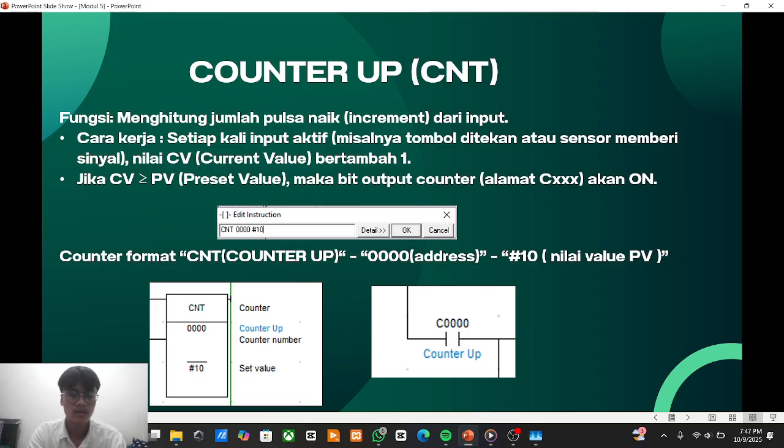When the CV current value becomes greater than or equal to the PV preset value, the counter output bit, address XXX, will turn on. Counter format: CNT counter up, 0000 address, hashtag 10 preset value PV.